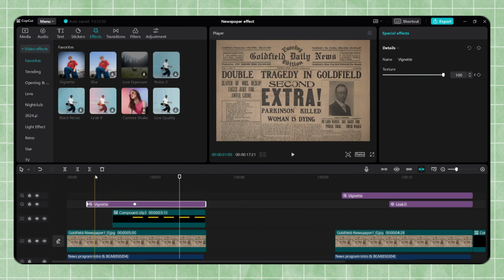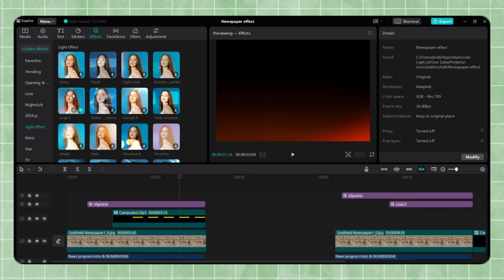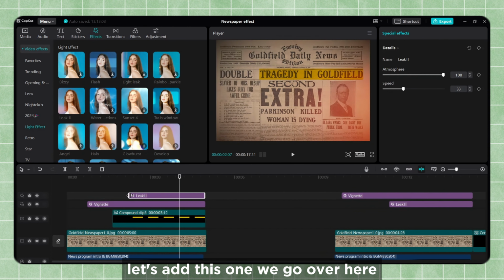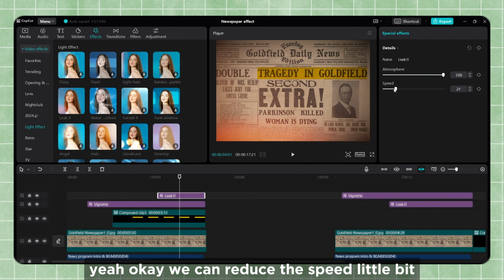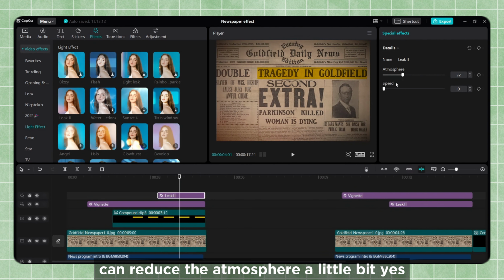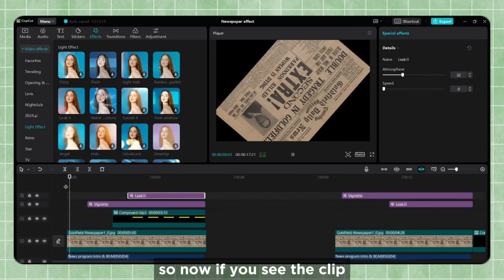Okay. And lastly, let's give it a touch by adding some light leak. Let's add this one. Let me go over here. Yeah, okay, you can reduce the speed a little bit. You can reduce the atmosphere a little bit. Yes. So now if you see the clip,